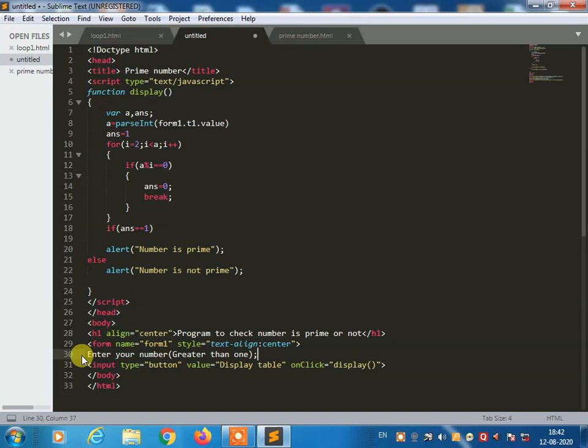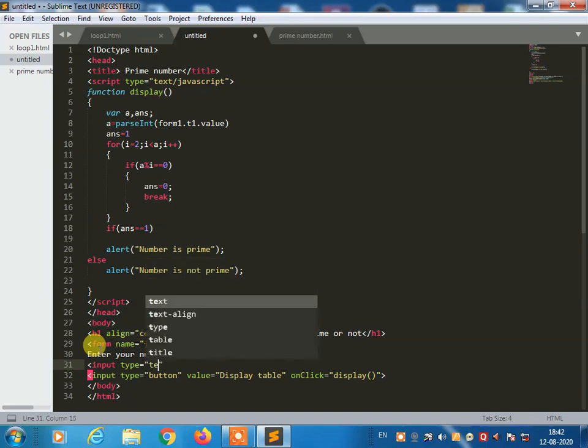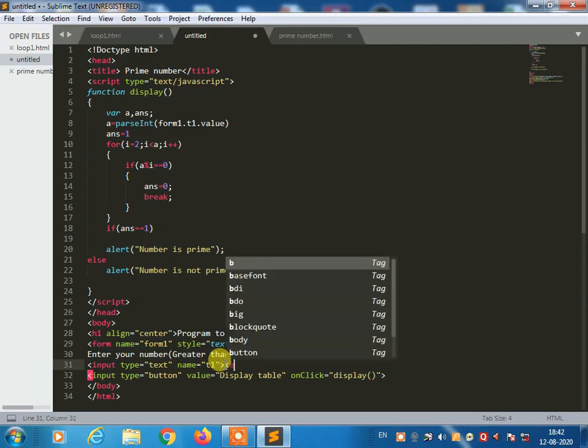Then you can use input type equal text to create a text box on the web page. Name equal t1, and use the BR tag to go to the next line.